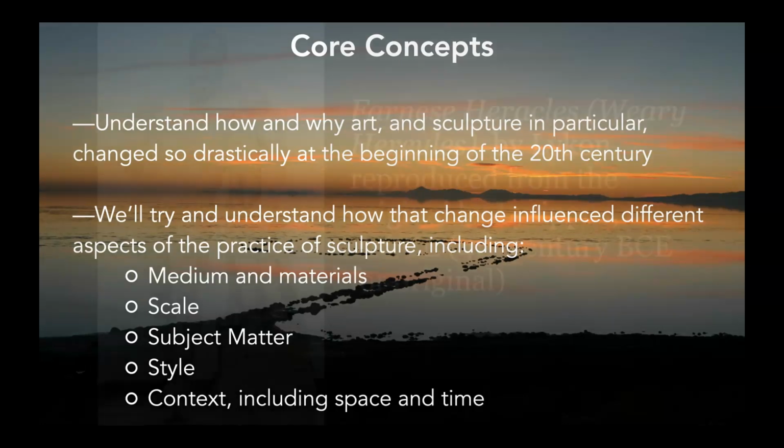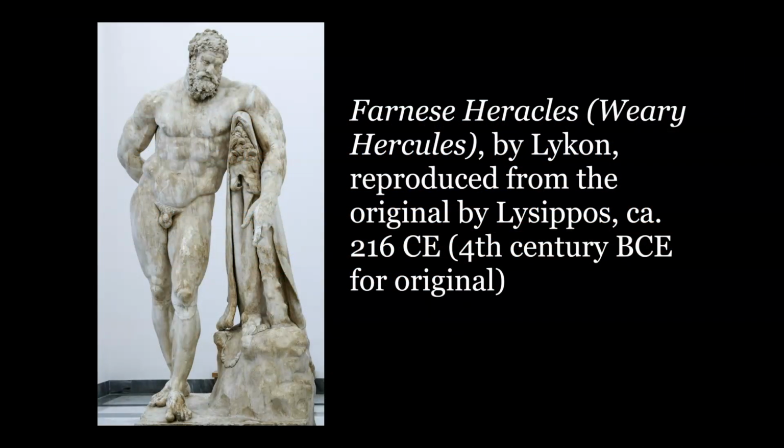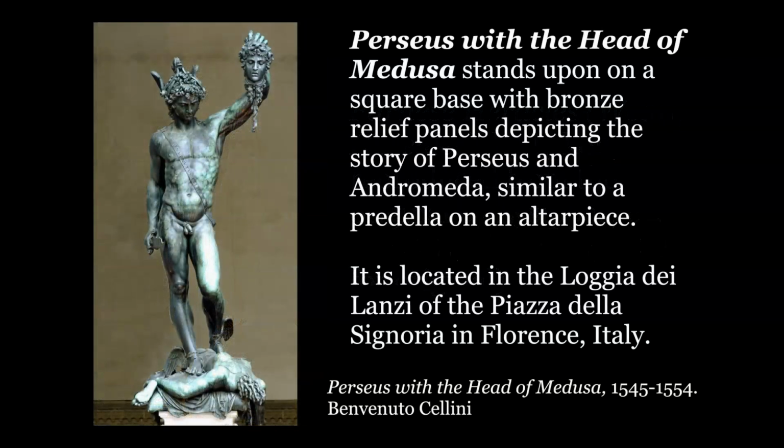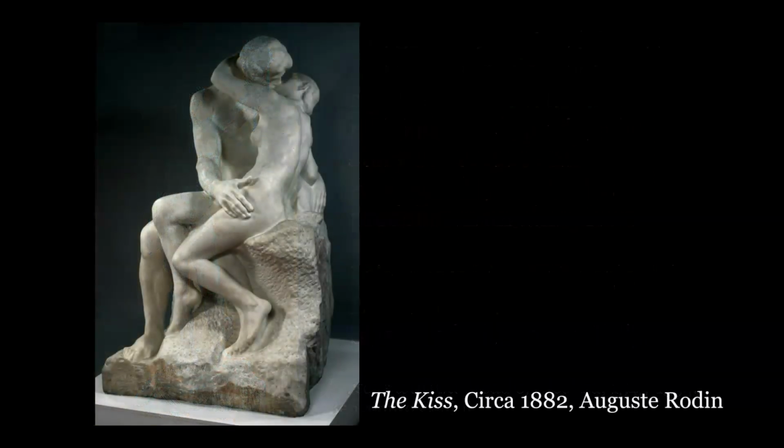So, in our previous discussions, we've seen how the ideas of ancient Greek sculptures persist in art and culture really throughout history. We've seen it influenced throughout the Renaissance, the Enlightenment, and all the way up until the 19th century. In fact, here's a sculpture you might be familiar with. This is The Kiss by Auguste Rodin.